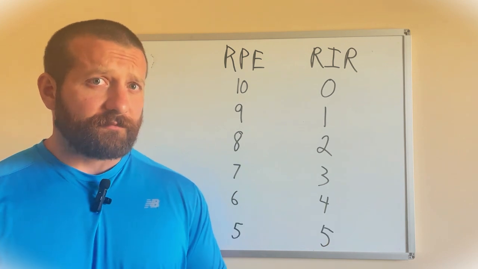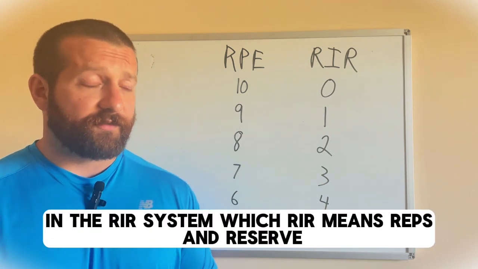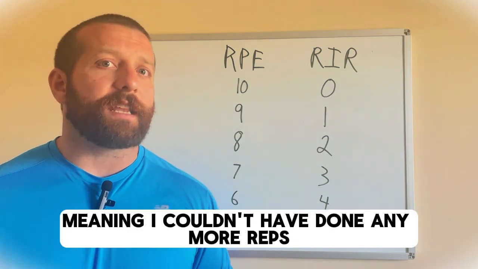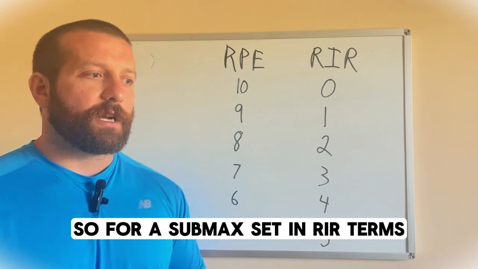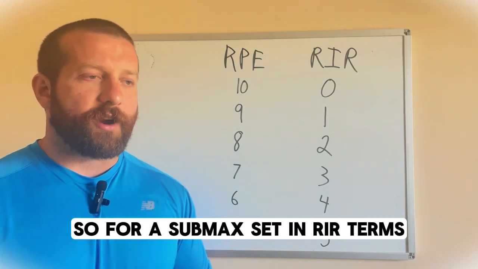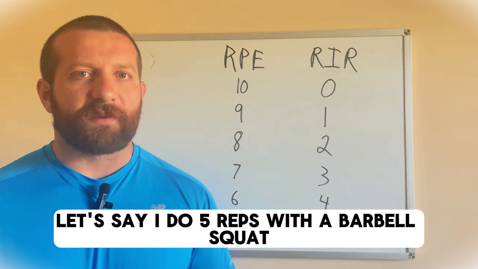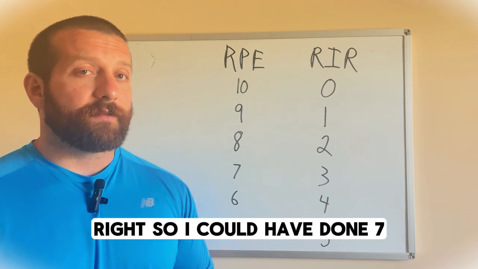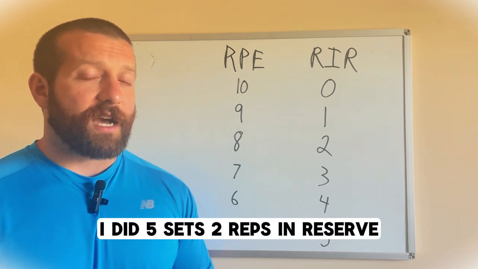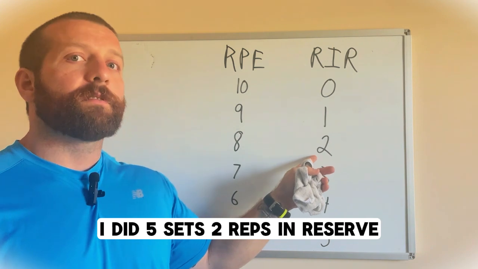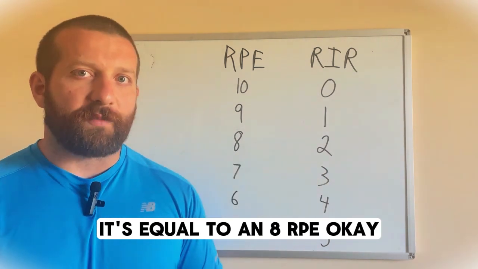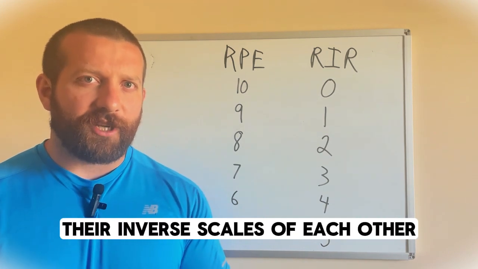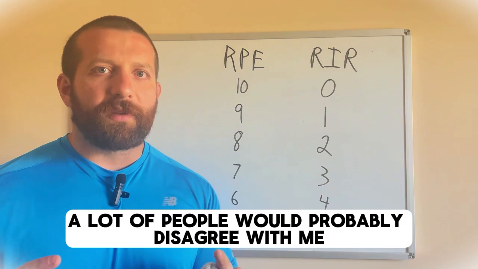Okay. In the RIR system, which RIR means reps in reserve, that 10 is a 0, meaning I couldn't have done any more reps. So for a submax set in RIR terms, let's say I do 5 reps with a barbell squat. And with that 5 reps, I could have done 7, right? So I could have done 7, I did 5, so that's 2 reps in reserve. It's equal to an 8 RPE. Okay, so you see how they're inverse scales of each other,